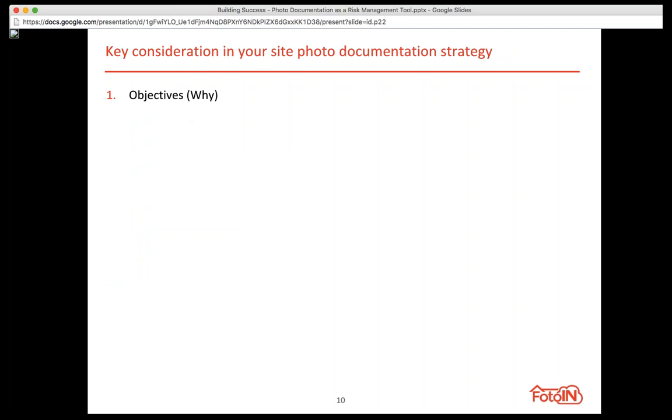And these are key considerations to think about when you're using photo documentation and the strategy that you want to implement. Why do you want to use photo documentation? You want to use it so that you have something to show people and something that's going to be more effective when conveying your message, whether it's quality control, or to point out a risk that needs to be addressed,